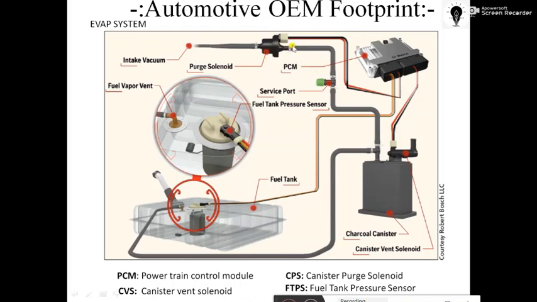After that, the purge solenoid will have two connections. One is the electronic connection and the other is a pipe connection. This pipe connection is further guided into this box. This box is called the charcoal canister. Inside this box there is active charcoal present, a bed of active charcoal. The charcoal canister has three ways. The first way is coming from the fuel tank, which is entering into the charcoal canister.